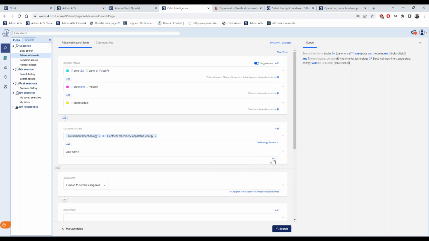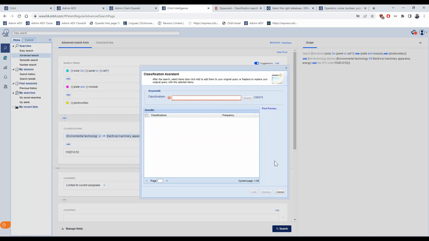You can see how if I select CPC and then the three dots, I have Browse EPO. If I had selected IPC, Browse WIPO, and in both cases, you have a wizard, the CPC wizard.